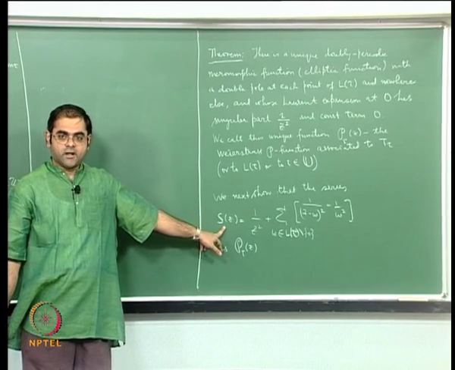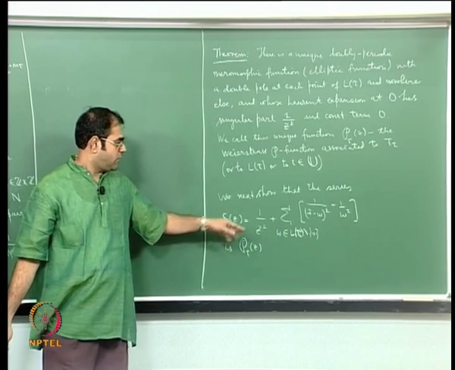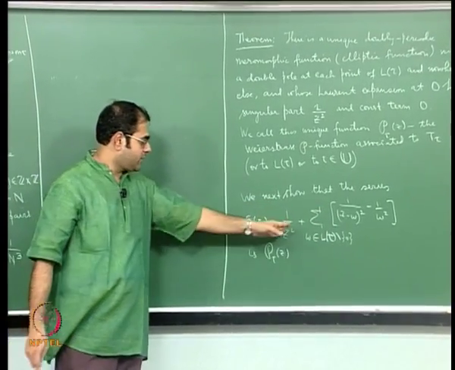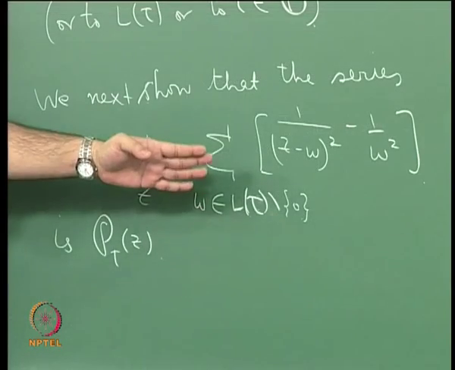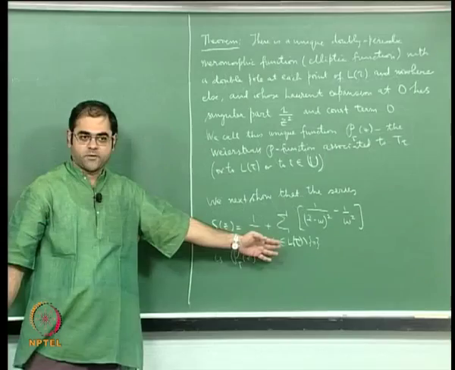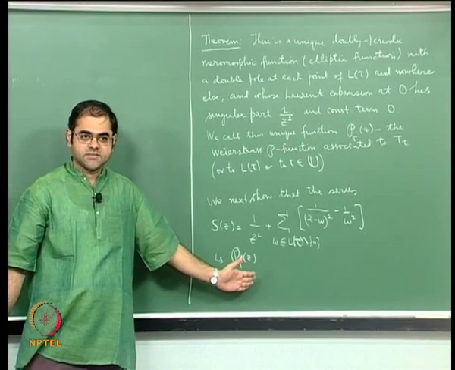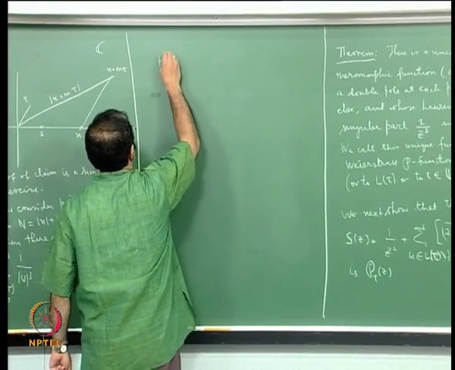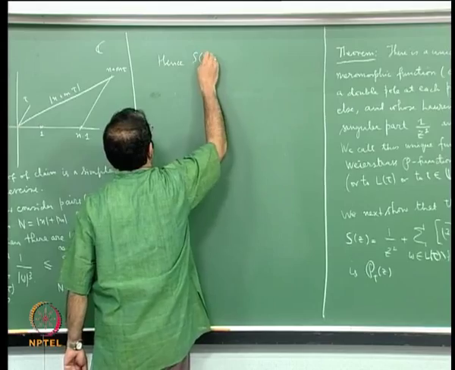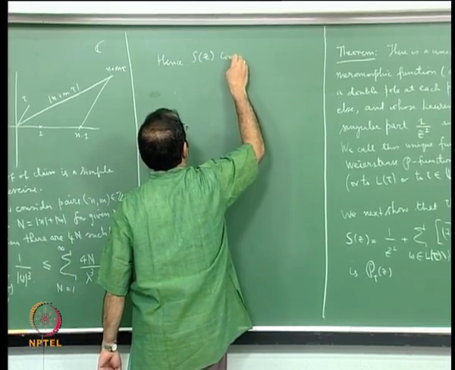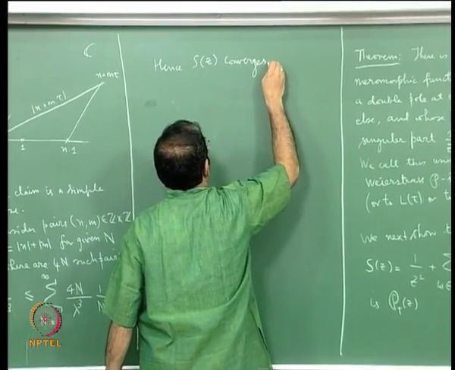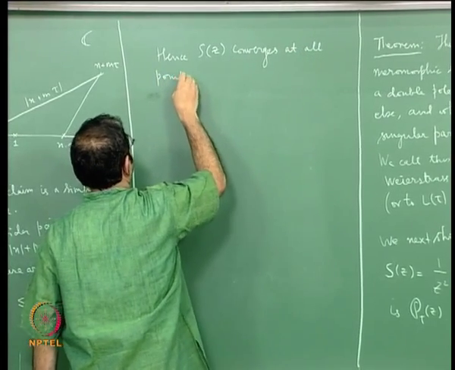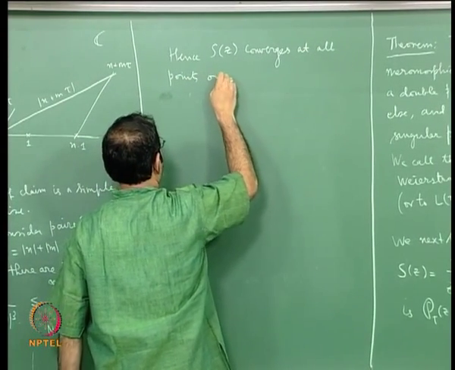And of course you are not looking at the points which are poles, namely the lattice points. Outside the lattice points the series converges. So hence S of z converges at all points outside of the lattice